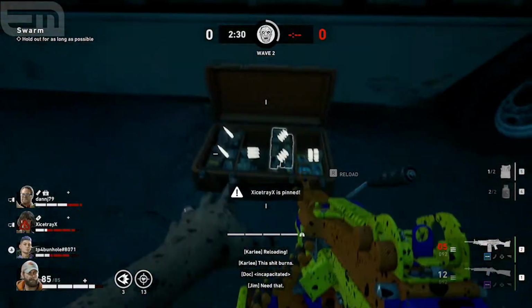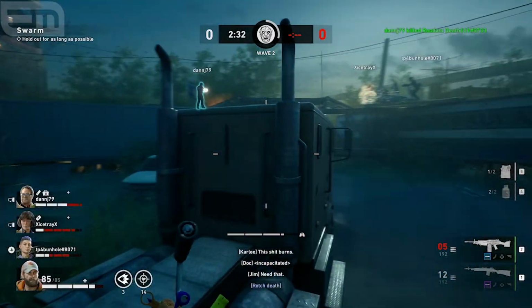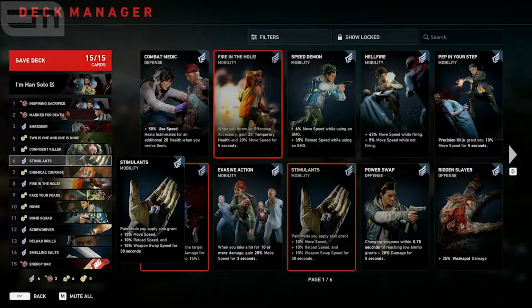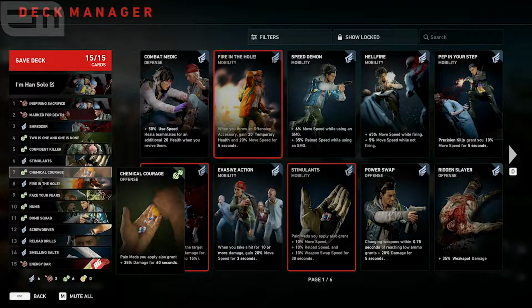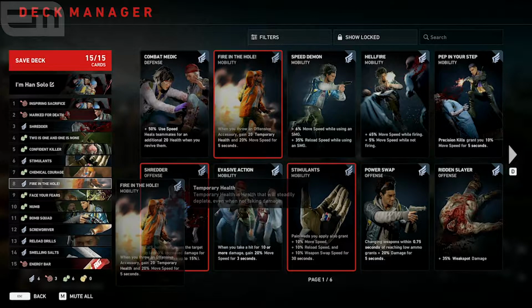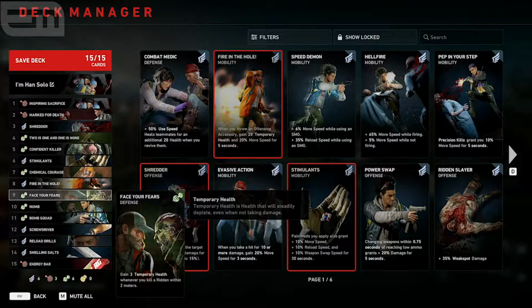And we're going to go into my second wave of cards, which is what I like to stack all together with Stimulants, Chemical Courage, and Numb. These are all very important cards that I like to have on the field. Now, I do have these in any order, and you can throw them in any order that you see fit. I have Stimulants, Chemical Courage, Fire in the Hole, Face Your Fears, and Numb all in that order, and that's because